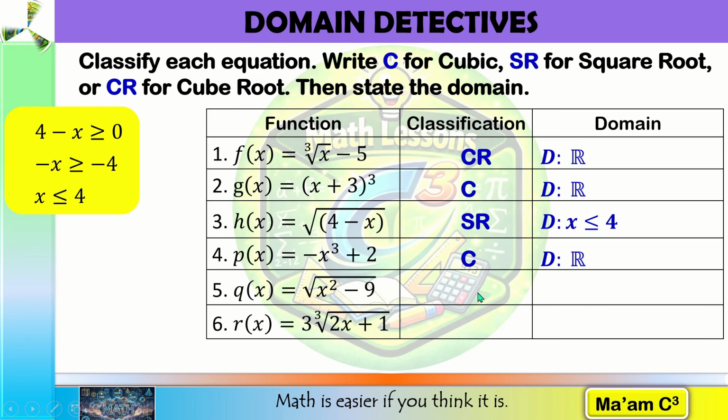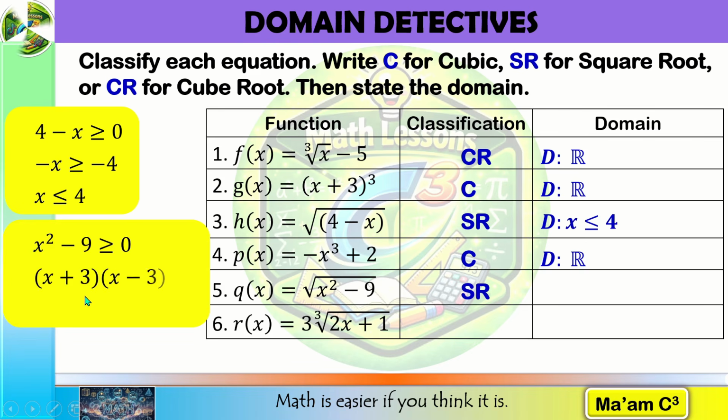I've said it already, it is a square root. Now let us solve the domain. We're going to set x squared minus 9 greater than or equal to 0. This is a difference of two squares. Let us factor them. If you want to know how to solve quadratic inequalities, watch the video I tag in